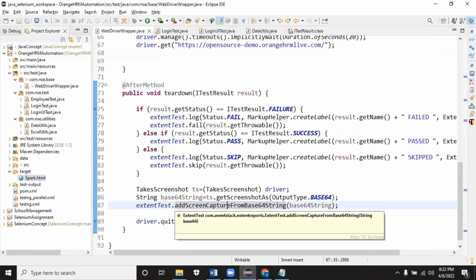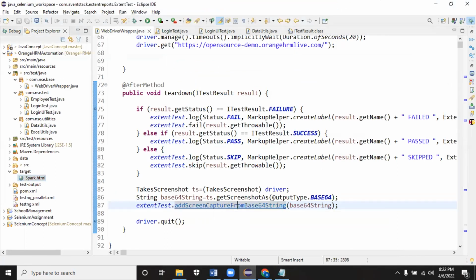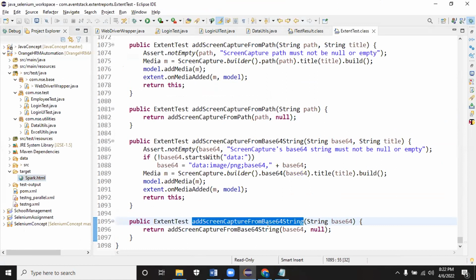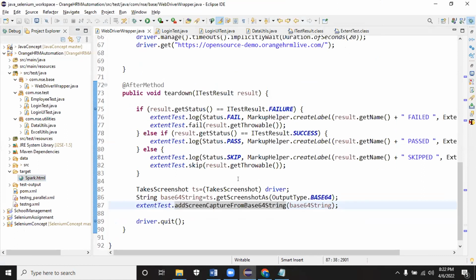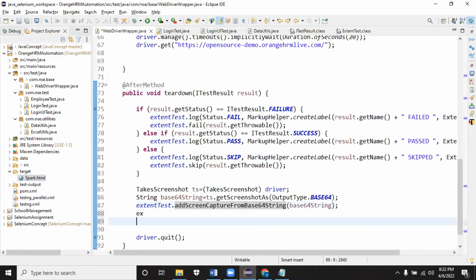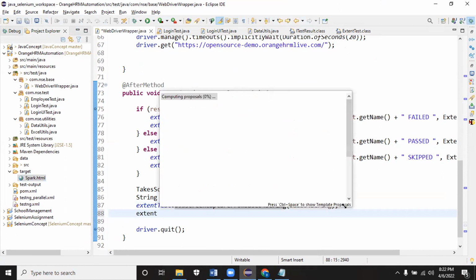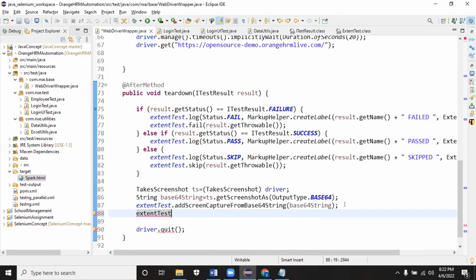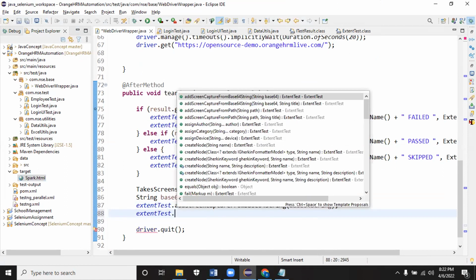Understood? If you want to add a file, you can use Extent report. Any file if you want to add, Extent test dot add screenshot base64 with a title.